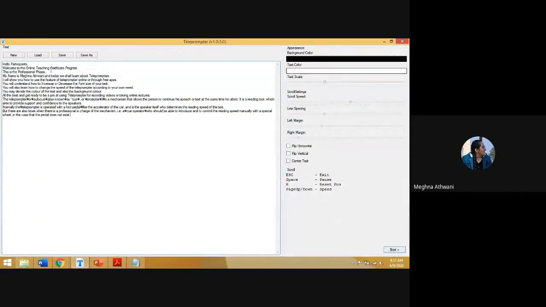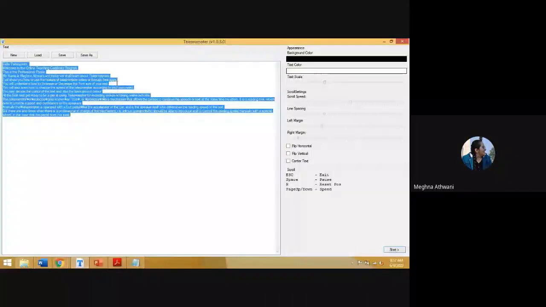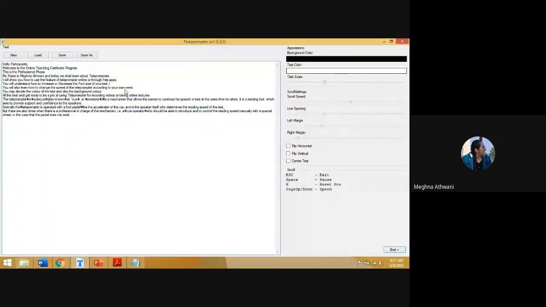Again, this app gives you an option of saving your file. As I told in Teleprompter Mirror, you can edit something here. So you may save your file.